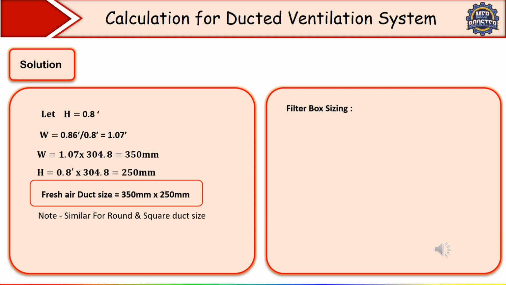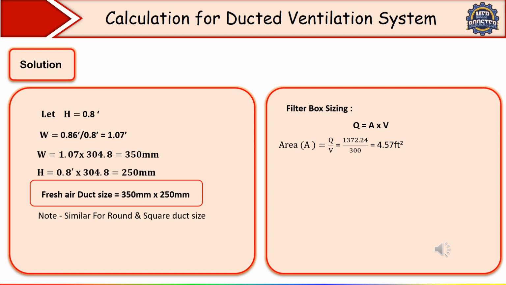So how to calculate the sizing of that filter box? For that we use the same formula, Q is equal to AV, the continuity equation, but remember the velocity is different. What velocity do we have to take? 250 to 350 fpm. That much velocity we have to take. Here I have taken 300 fpm velocity, and the Q value, the fresh air CFM we have calculated,